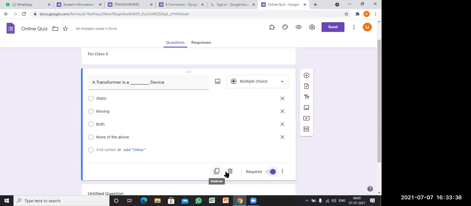I will copy the first question, then I will edit the second question. Add the second question in our questions. I will click here on this duplicate button icon. So you can see the first question is copied to the second question. So now we can edit the form of